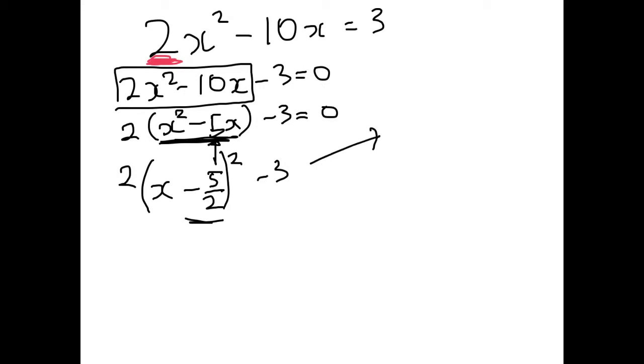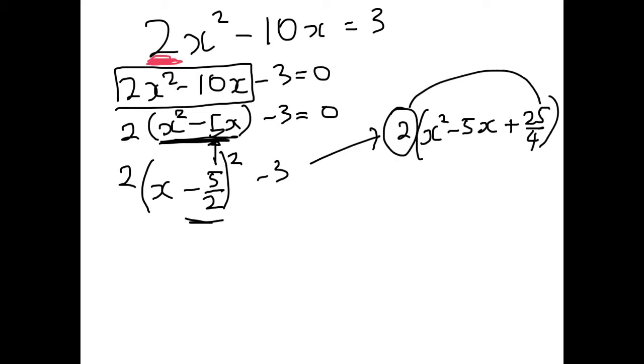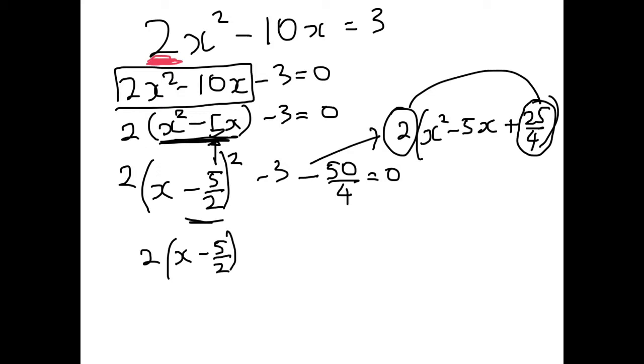Well, over here we have 2 times x squared minus 5x plus 25 over 4. So you can see that the add-in factor is 2 times 25 over 4. So I need to take that out, so that's minus 50 over 4 equals 0. So now I've got 2 into x minus 5 over 2 squared minus,